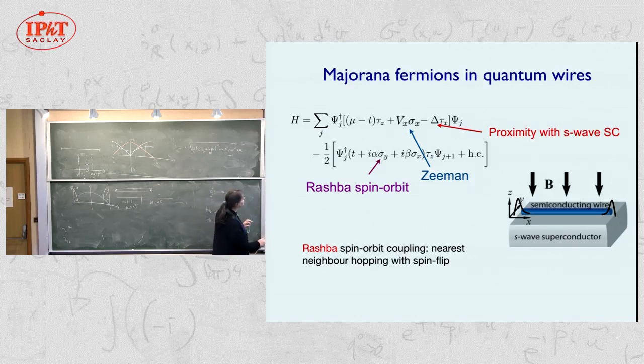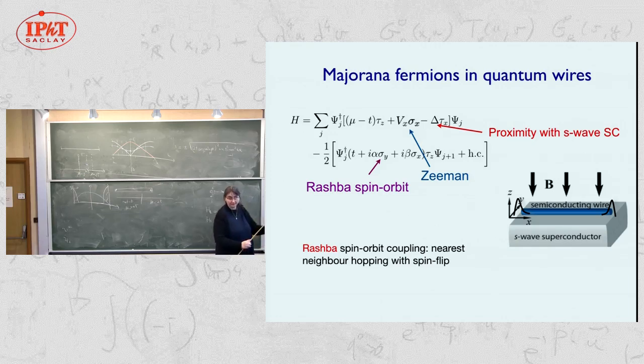And this is not explicitly written here, but if you look at this, sigma y is telling me exactly that. Sigma y is the off-diagonal matrix in the spin space, so it means that site j up corresponds to site j plus 1 down on the neighboring site. So this is the Rashba process. So in the first line, I have